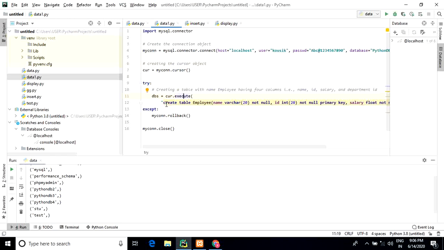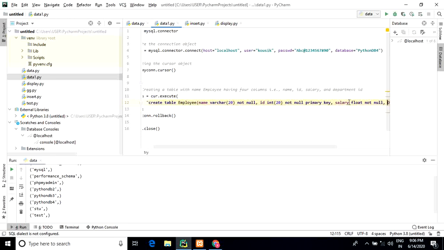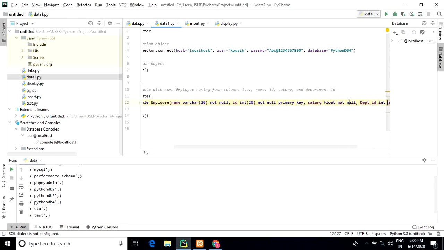Here we write create table, then the field names: name, varchar, not null; ID, integer, not null, primary key; salary, float, not null; and department ID, int, not null.